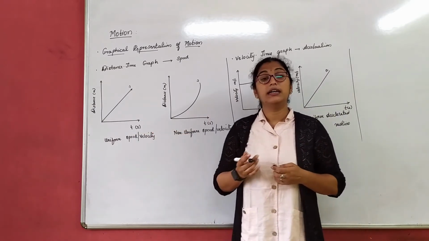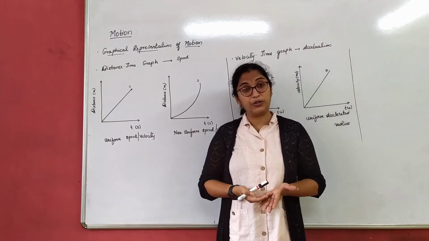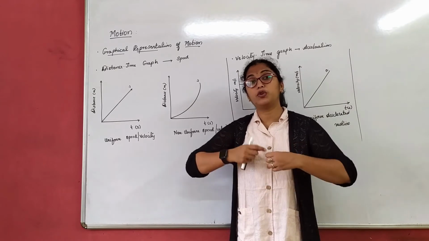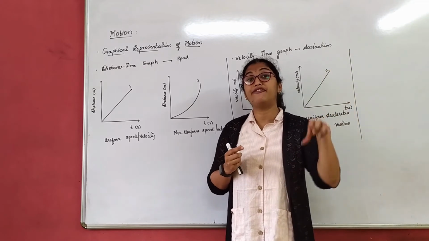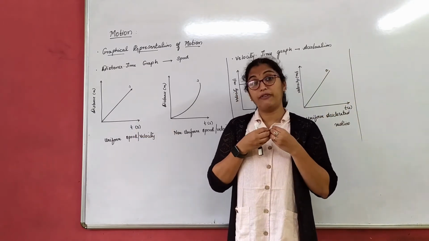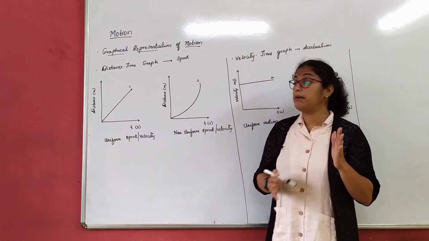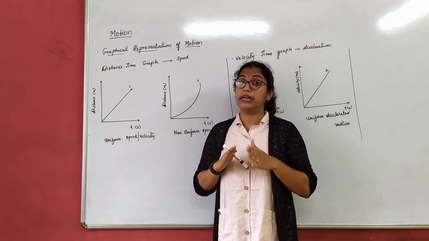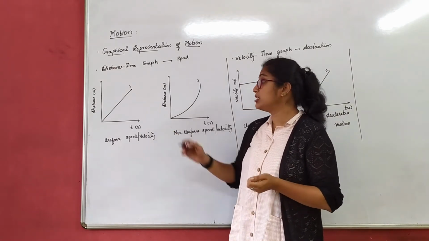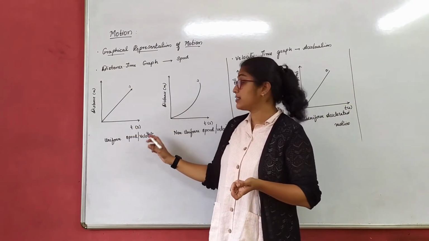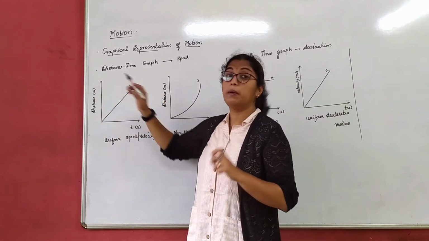Now, for example, if I have to travel a certain distance, time is independent of it. Even if the road is good or not good, how I have to go, it takes a fixed time. So whatever entities or values are independent are always plotted on the x-axis. So remember, time is always plotted on the x-axis and other variables on the y-axis. So for the distance-time graph, time is on the x-axis in seconds and distance is on the y-axis in meters.